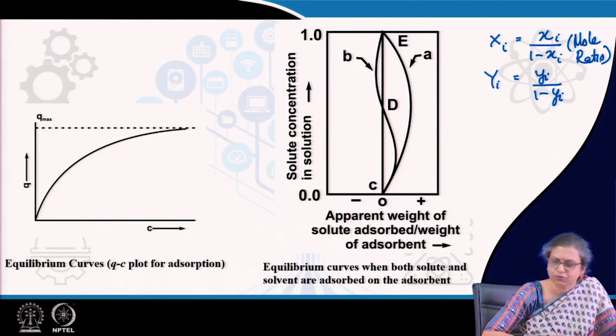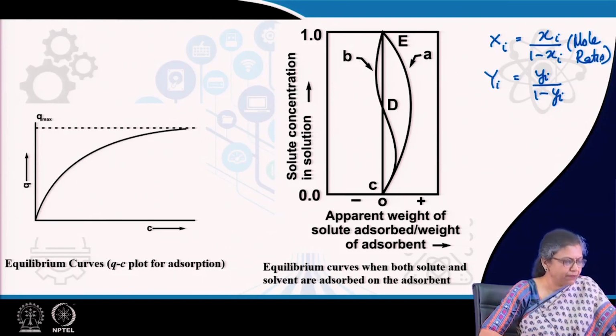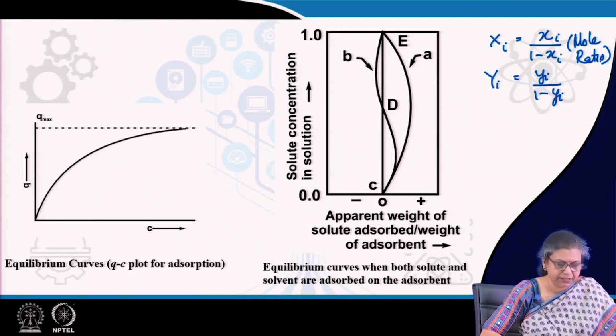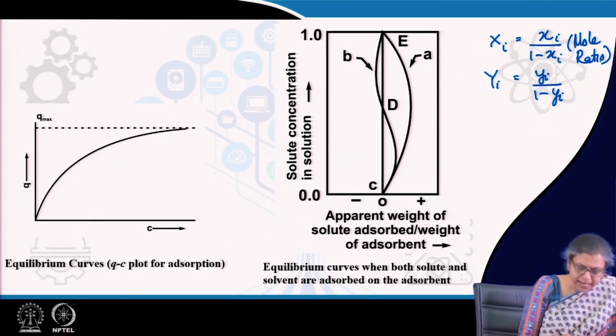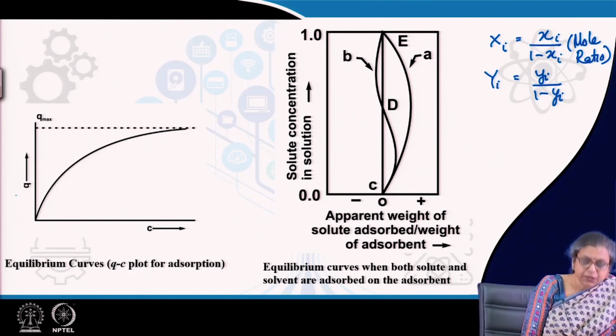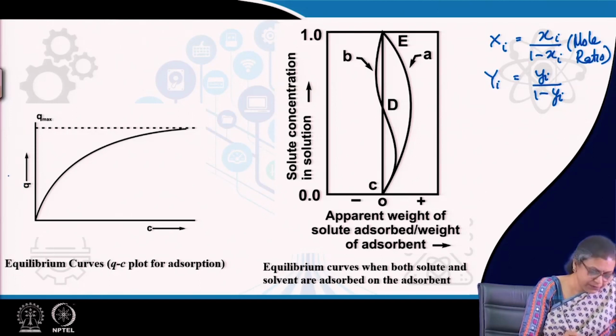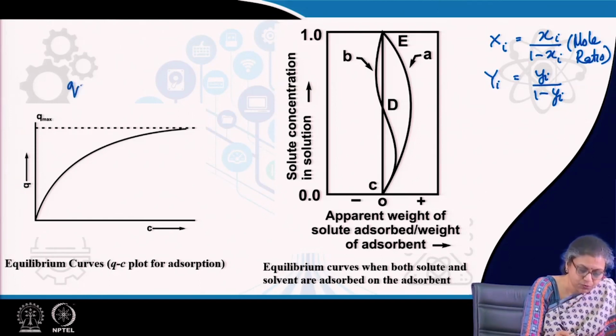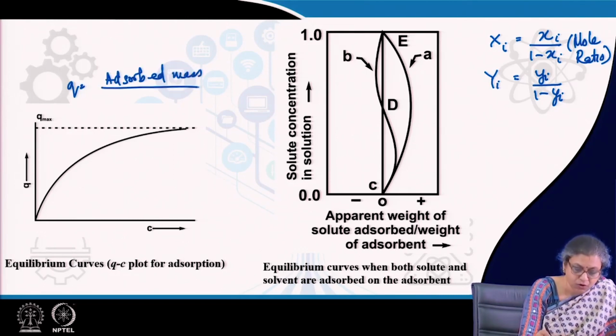Anyhow, coming back to adsorption, conventionally, as I have told you, when it is a gas solid case we express the y axis in terms of q, where q is equal to the